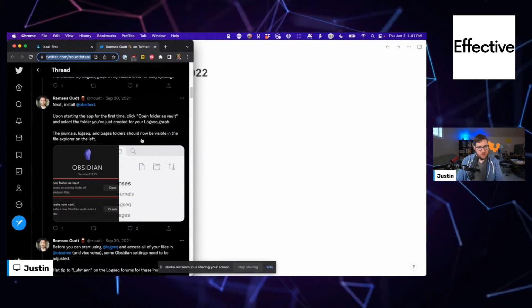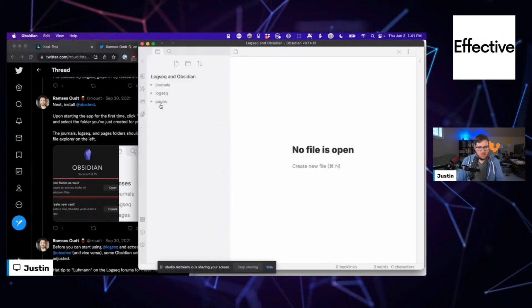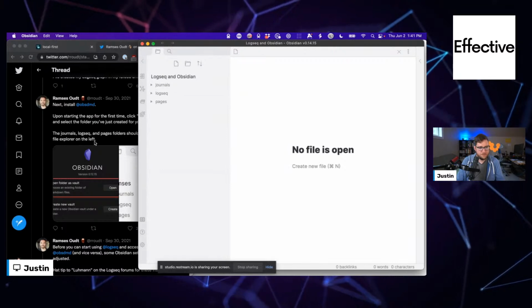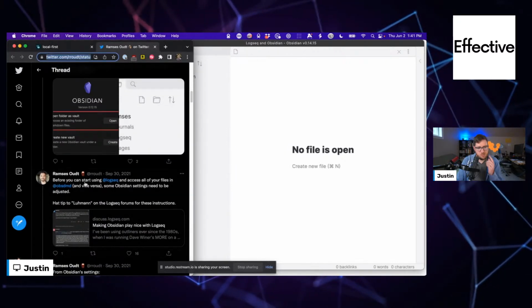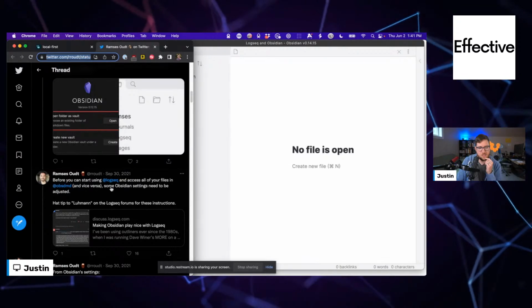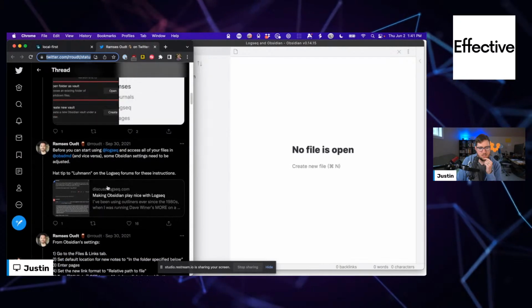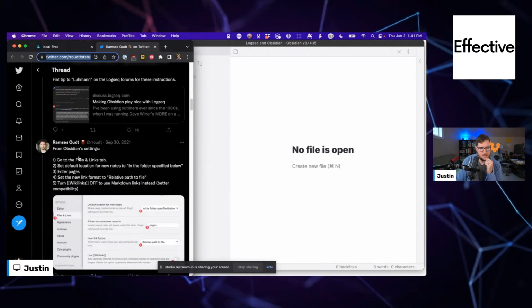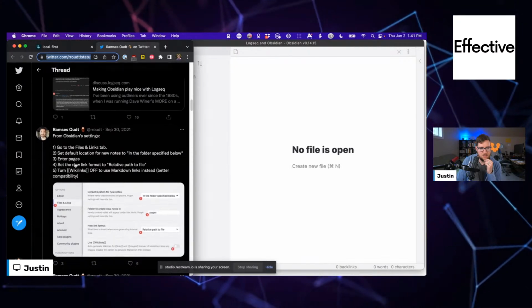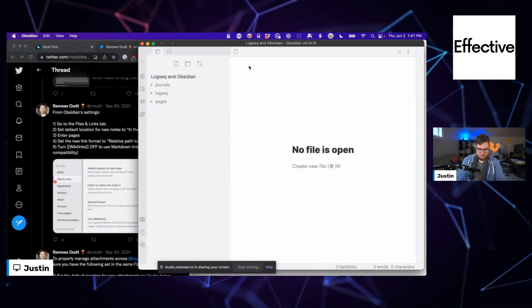Journals, Logseq, pages folder should now be visible in the Explorer on the left. They are. Before you can start using Logseq and access all your files in Obsidian, some Obsidian settings need to be adjusted. All right, go to the Files and Links tab.